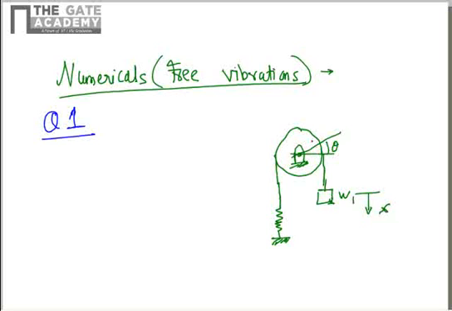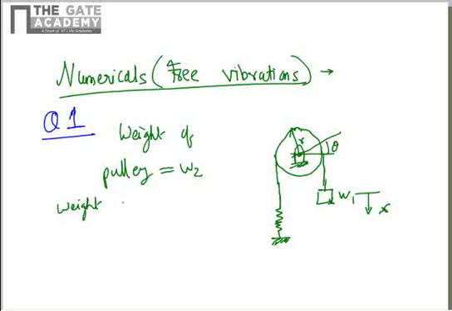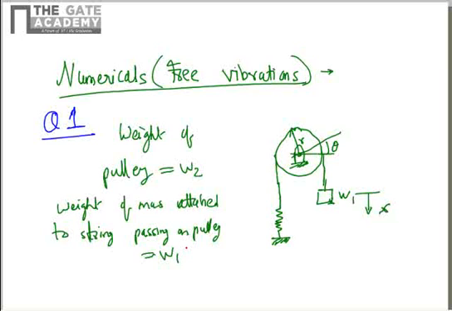Let's say theta is the angular motion of the pulley for a given displacement x, and the radius of pulley is given as r. The weight of pulley is given as W2. The weight of mass attached to the string is given as W1. The radius of the pulley is r, as I just said, and neglecting the slip between